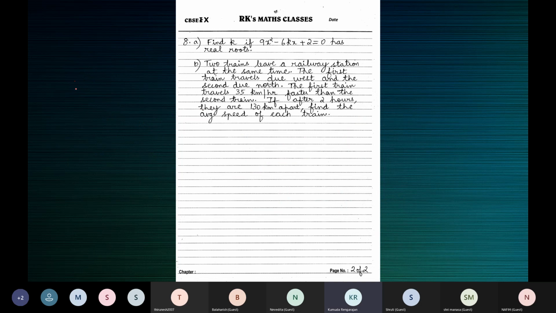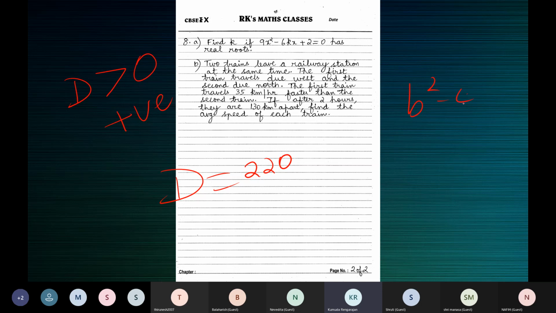When the value of D is greater than 0, that is when D is positive, you get D is equal to 225, 220, something like this. Some positive value. It can be a fraction. We're only talking about the discriminant B square minus 4AC. When you find this B square minus 4AC, if it is positive,